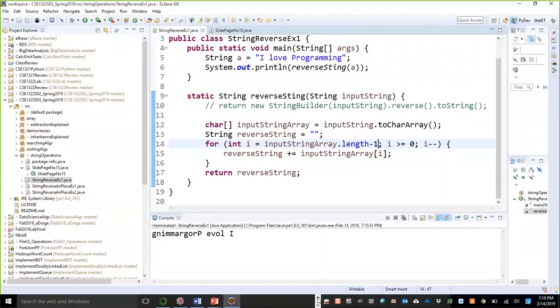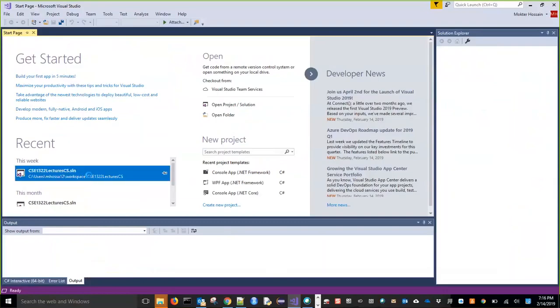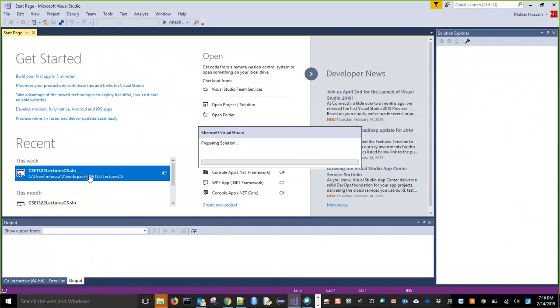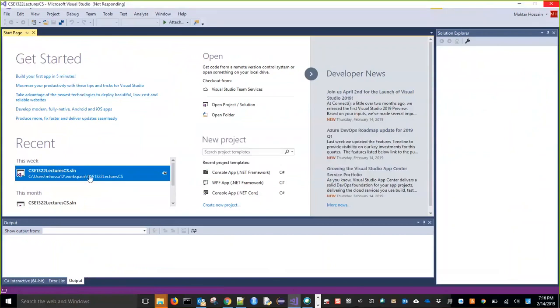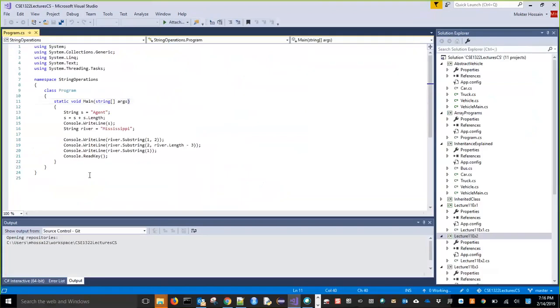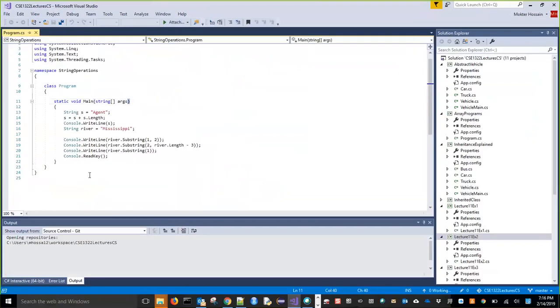Okay, meanwhile, I hope by this time I have Visual Studio open. So I have my Visual Studio here. I want to show you the difference between Java and C# string operation, some of the string operation methods, especially the substring method. Over here you see that I have almost the same method, same thing. So if I run my program,